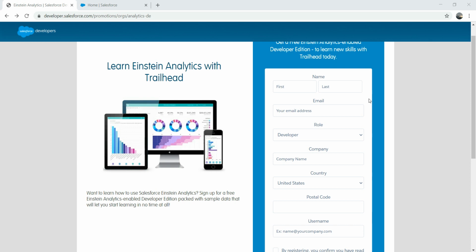So what you can do is extract the data from your Oracle database, from a SQL Server database, from a data warehouse, or from Salesforce, and you can create a dataset in Einstein and use that dataset to create charts and reports,